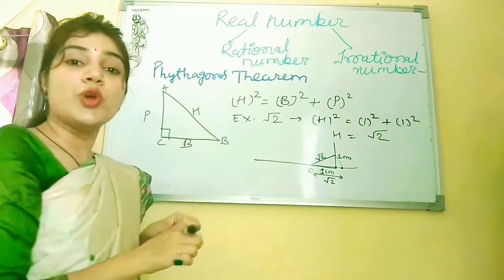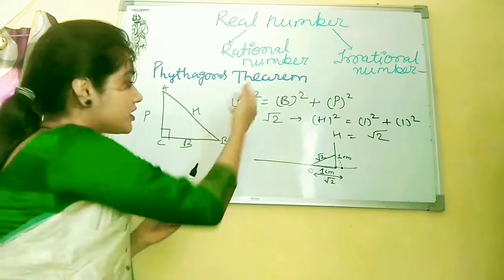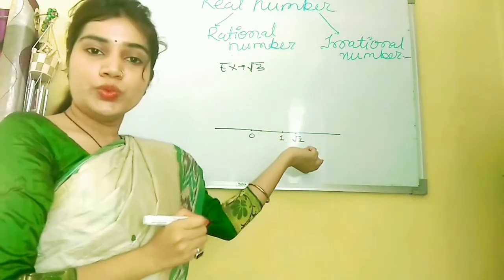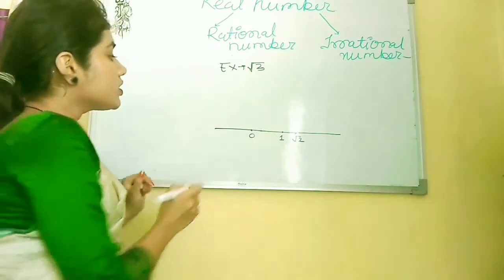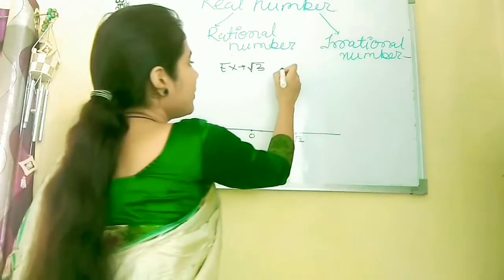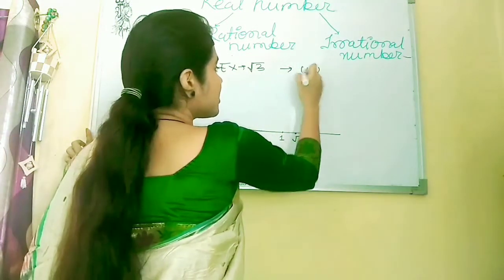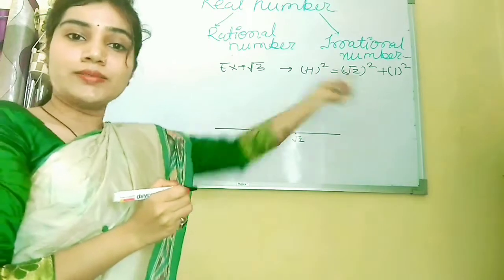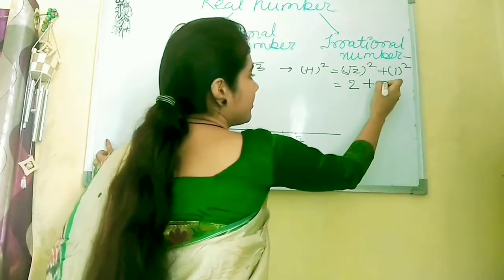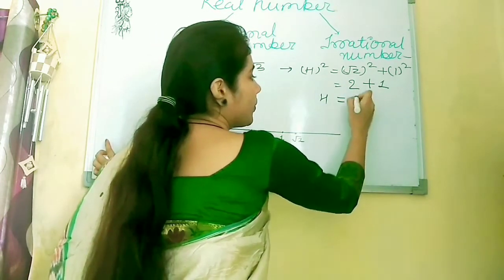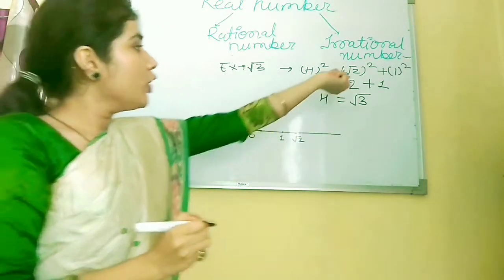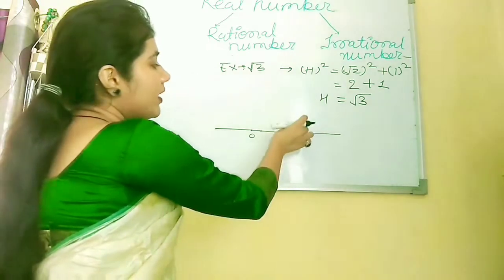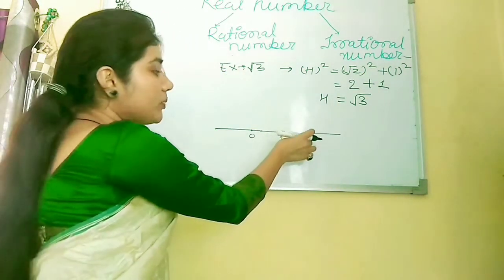Now we will see how to draw root 3 on the number line with the help of the same concept. We have already drawn root 2 on the number line, so we know the position of root 2. Now by the Pythagoras theorem, hypotenuse square equals root 2 square plus 1 square. We can break it like this: this will be 2, this will be 1. So hypotenuse equals root 3, and we have to find it. We have already drawn the root 2 position here. Now we take a 1 centimeter perpendicular at the position of root 2